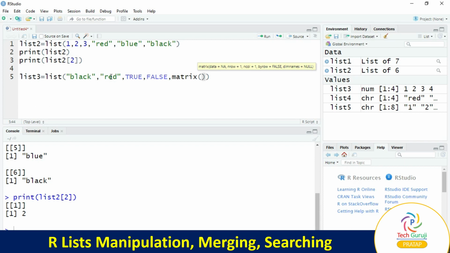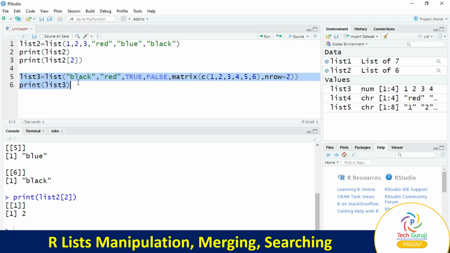We'll take the matrix of 3 by 2. So 1, 2, 3, 4, 5, 6, and nrow. So we'll take 2 rows, and we'll print the list3.